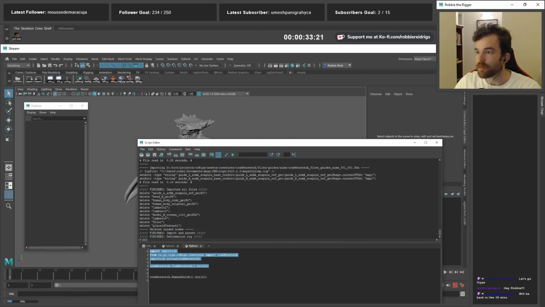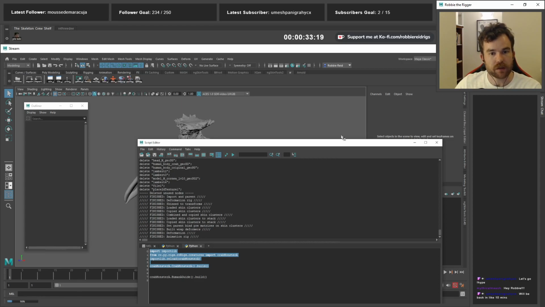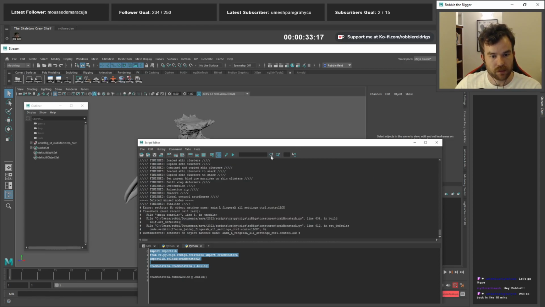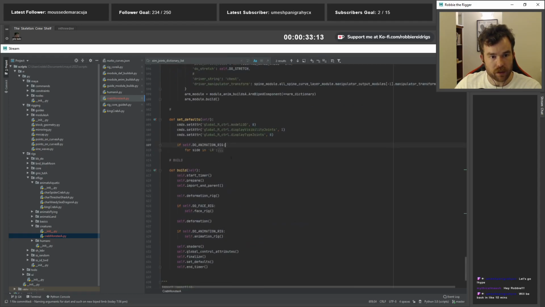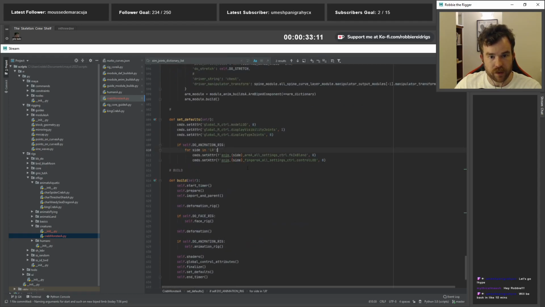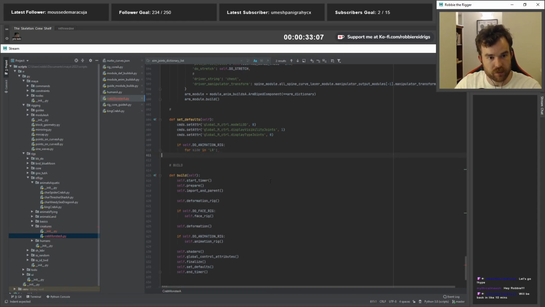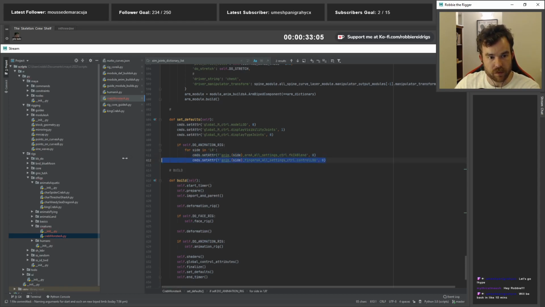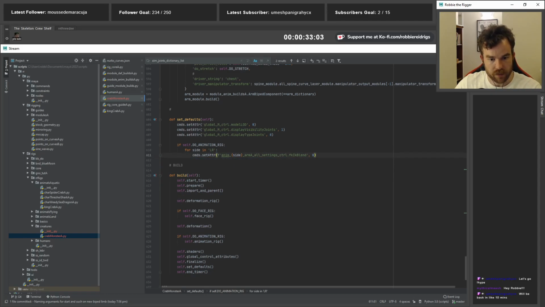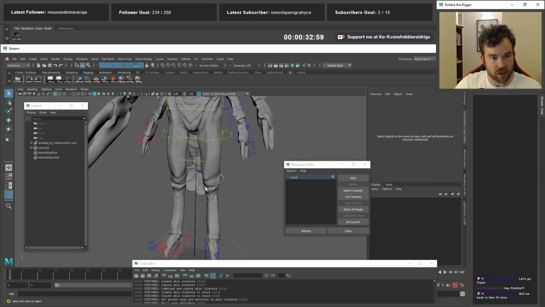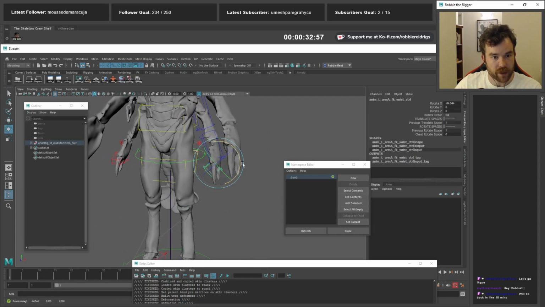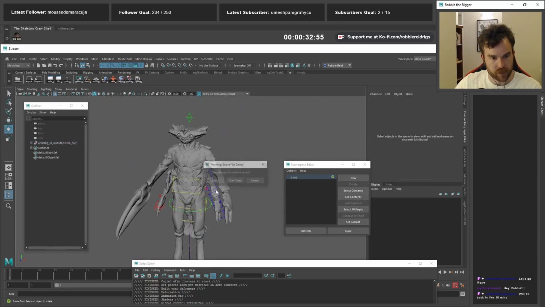How are we doing for time? Nearly at the half an hour mark. Oh, make sure in here we turn off ones we don't need because we don't have finger controls. Oops. Don't need that. Okay, so everything's building. It's just building on the old rig. Great. Okay, so